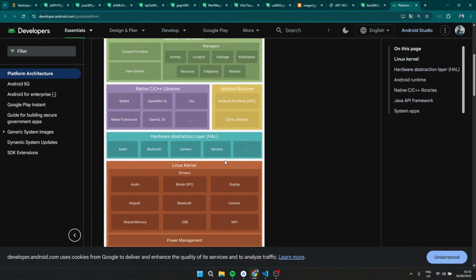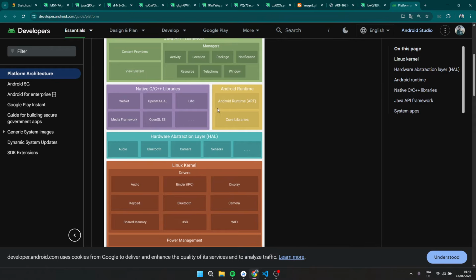Next one, the hardware abstraction layer. It's just a simple bridge. It's a layer bridging the higher level and the lower level, just an interface between these two things. Essentially, it allows the operating system to communicate with the hardware without needing to know the specific details of each device's hardware component.